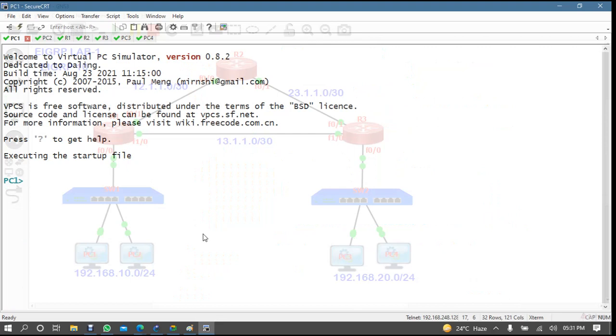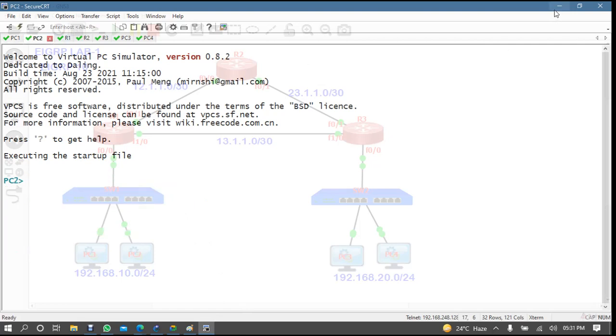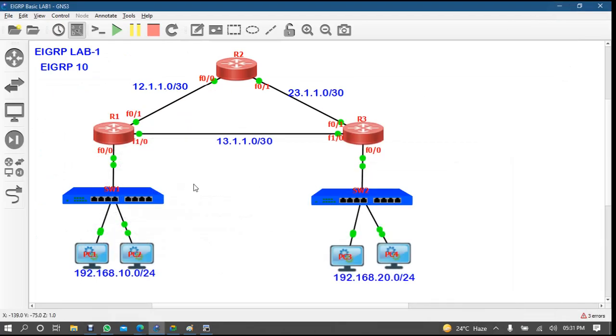PC1 IP belongs to 192.168.10.1/24, and normally we use 10.10 as the gateway. See, something is always uniform in our lab.